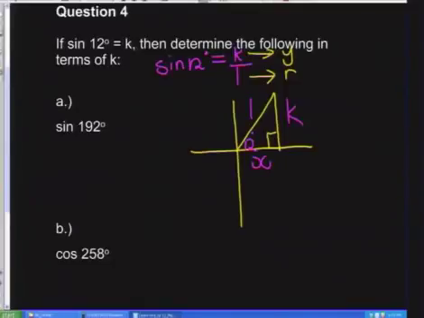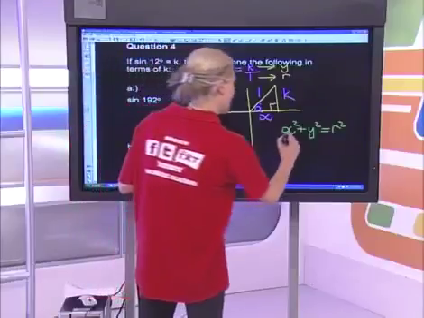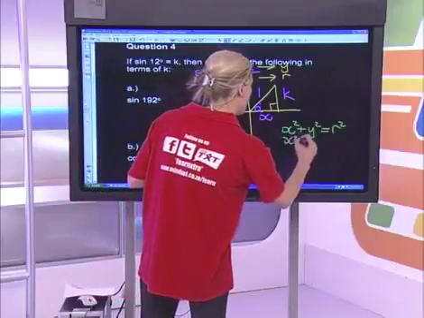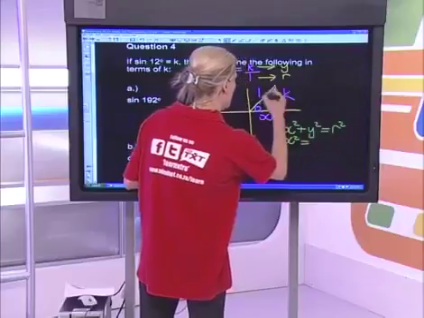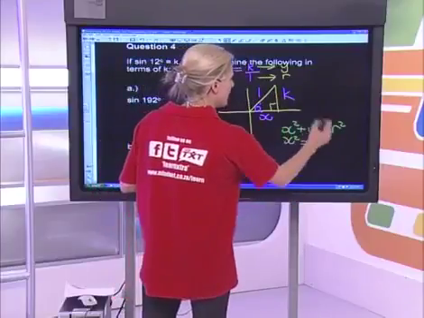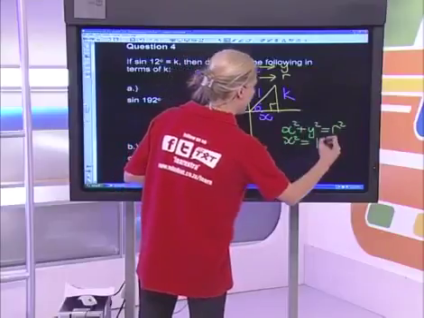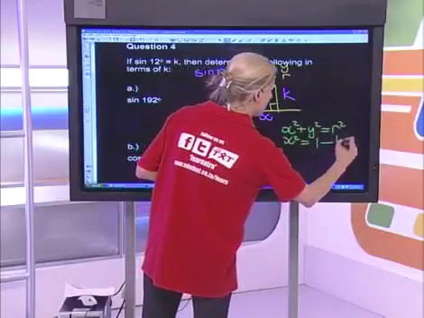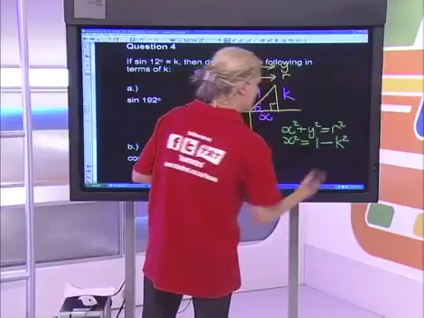Remember that x squared plus y squared is equal to r squared. And what I now want to do is get an expression for x in terms of k. So I'm going to say x squared is equal to r squared, which is 1. And remember, 1 squared is still 1. Then I'm going to take the y over to the other side, changing its sign, but I'm going to replace it with k